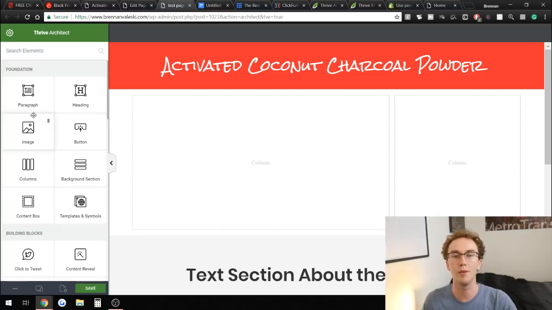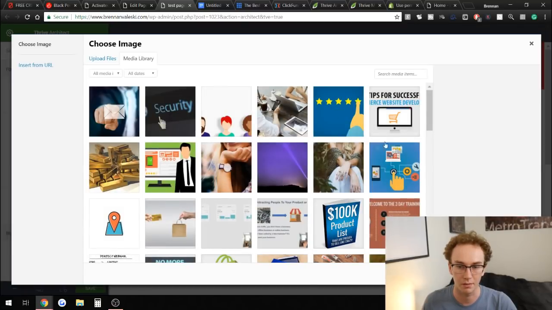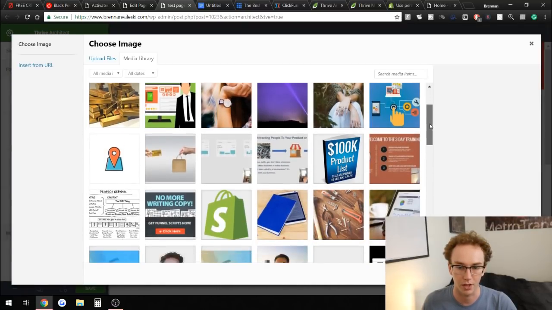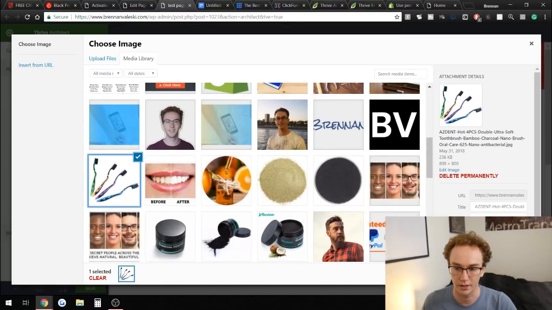And as you can see, it's just way more customizable than a typical Shopify page, right? So you have your images you could drag in here, insert any kind of image that you want, right? So maybe you have your product. So let's go ahead and just drag in these